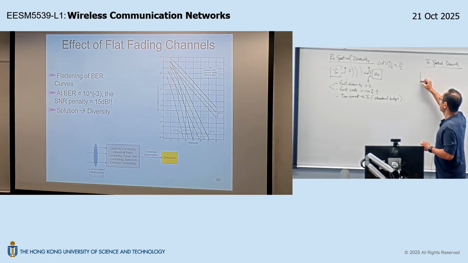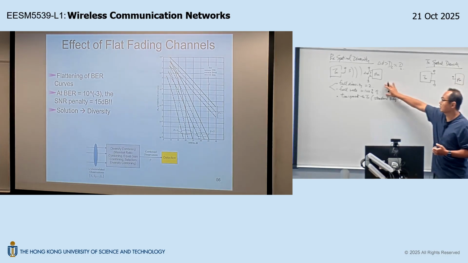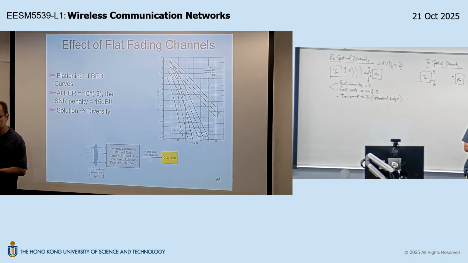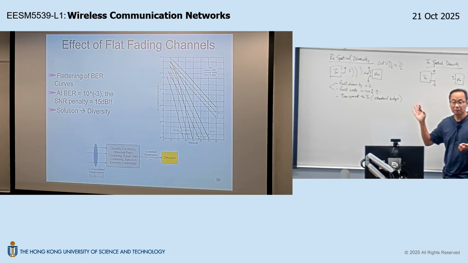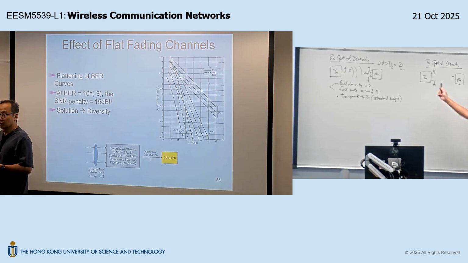So that's why people started to consider installing multiple antennas at the transmitter, and to see, can we have the same benefit as receive spatial diversity? That is, can we achieve full diversity order and also full rate with this second topology? People would expect this to be pretty symmetrical initially, and they would expect you should be able to achieve whatever can be achieved in receive spatial diversity. But it turns out that